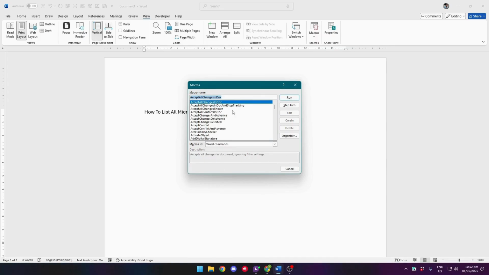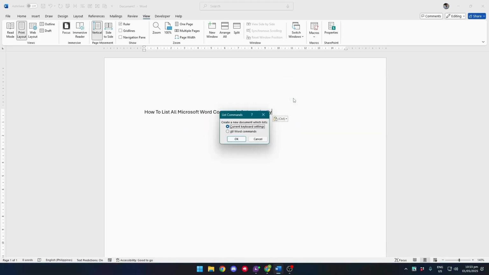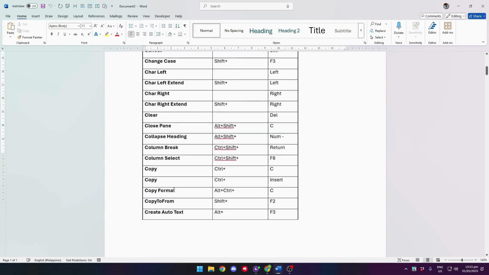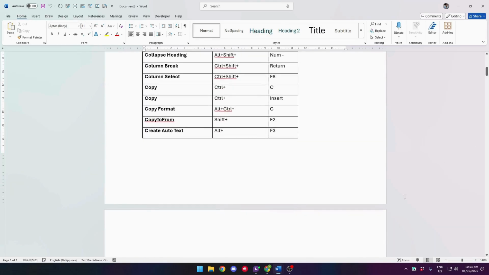And from here, this list will automatically pop up, and search for the macro name ListCommands right there. Now click on Run and click on OK, current keyboard settings. And as you can see, Microsoft Word will automatically print all of those commands